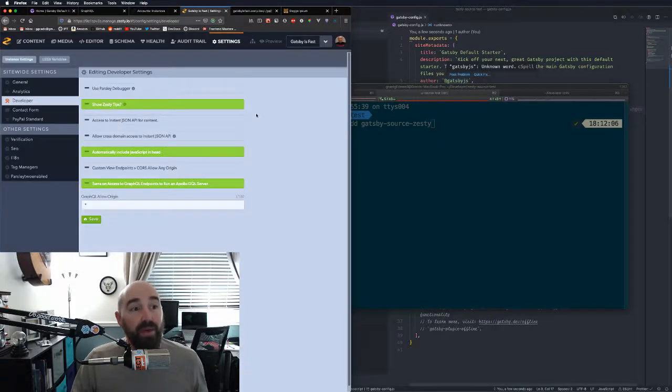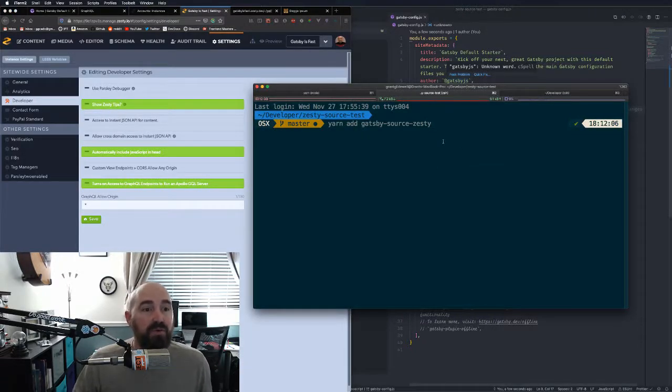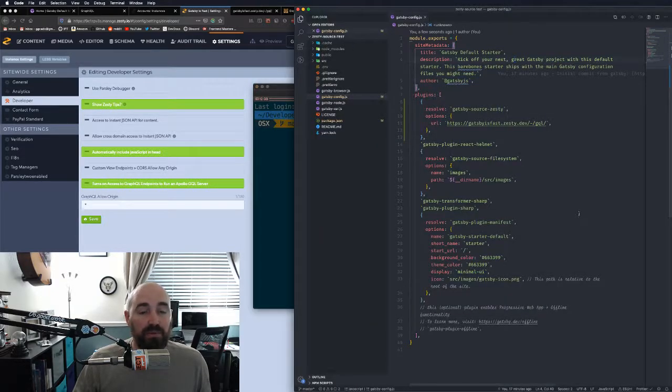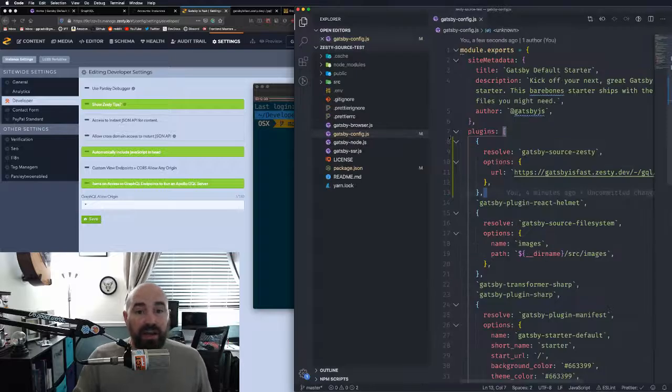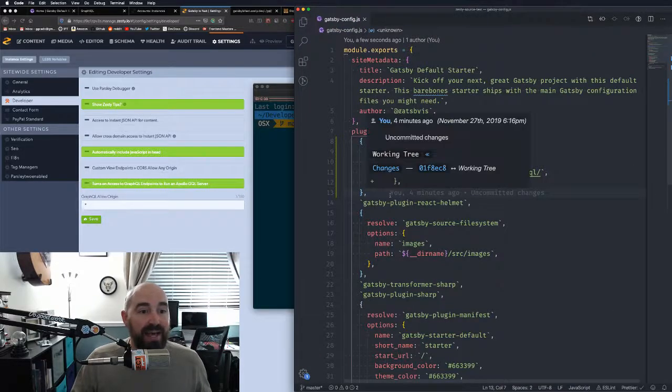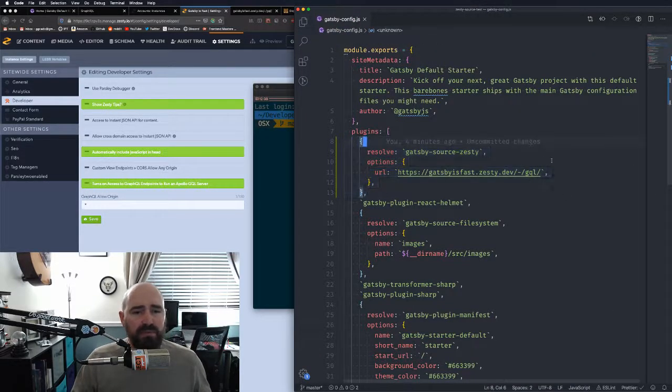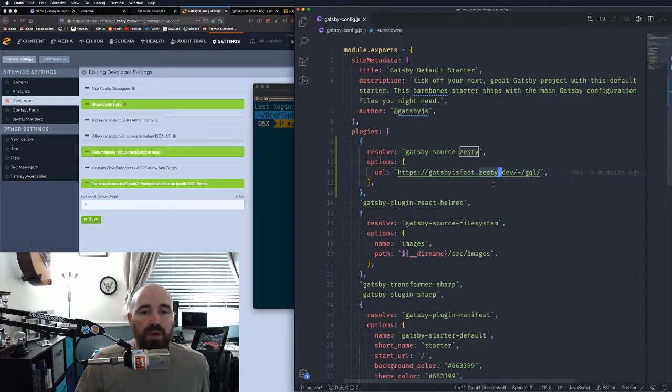So we have those things in place. We have added our gatsby-source-zesty to the project. Now we need to go into our Gatsby config here. And what we want to do is add these few lines. Now you can pretty much copy paste them straight out of the README, but you're basically adding gatsby-source-zesty to the list of plugins and giving it this URL in options for your instance